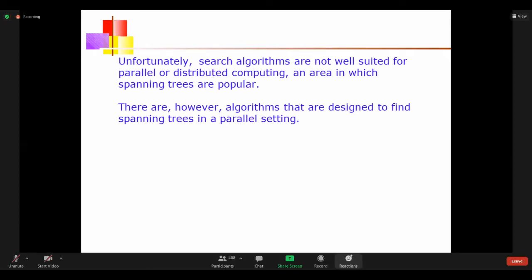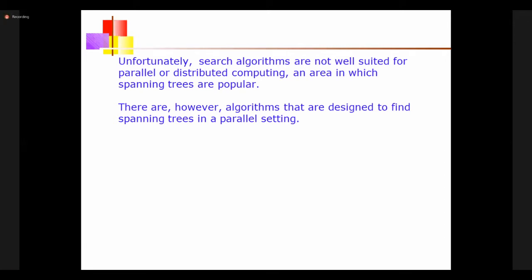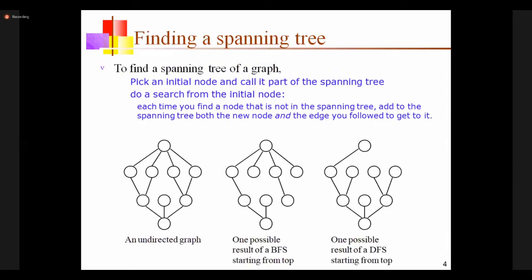Understood why we require spanning trees? There are so many connections between the same destination and the same source, and we want only one particular connection, so we derive spanning trees to send the data in any network. How to derive a spanning tree for a given graph, that we will discuss today. As I said, there are two approaches: the BFS approach and the DFS approach. That we will see.